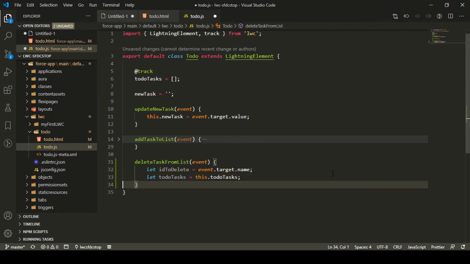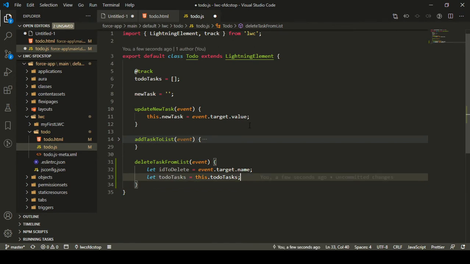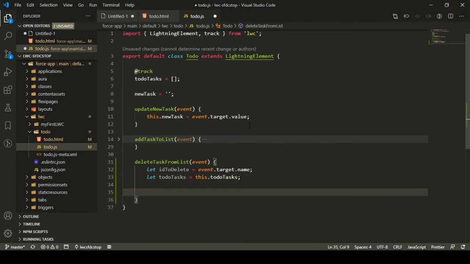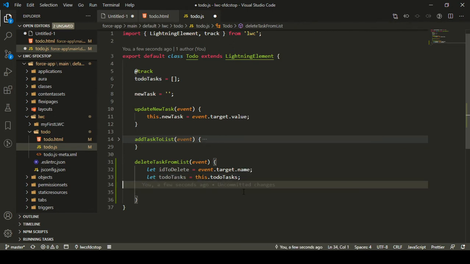I can actually do one thing. I can actually add a for loop here, right? Because let's just think in general terms. When I want to delete a task from the list, then how can I do that? I can actually iterate the whole list, and I can find which task is actually having an ID that I want to delete, right? And then I can actually delete that task. So I have just assigned this todoTasks list to this particular variable for simplicity, because I don't need to actually use this.todoTasks again and again. However, you can directly use this as well, right?